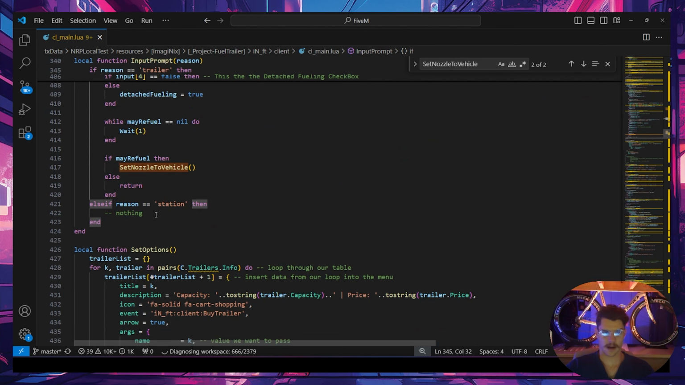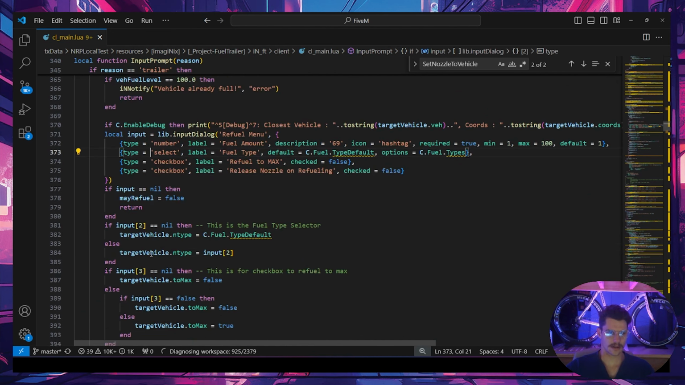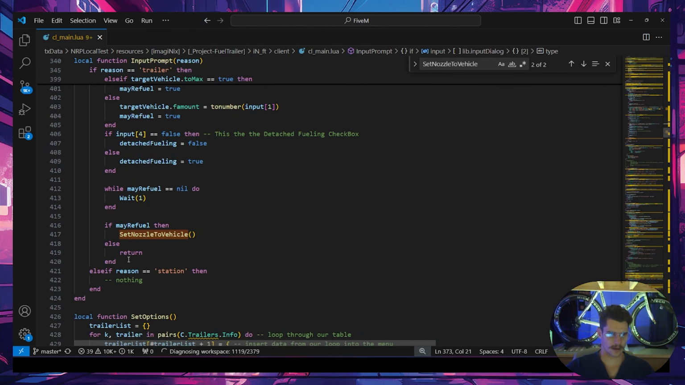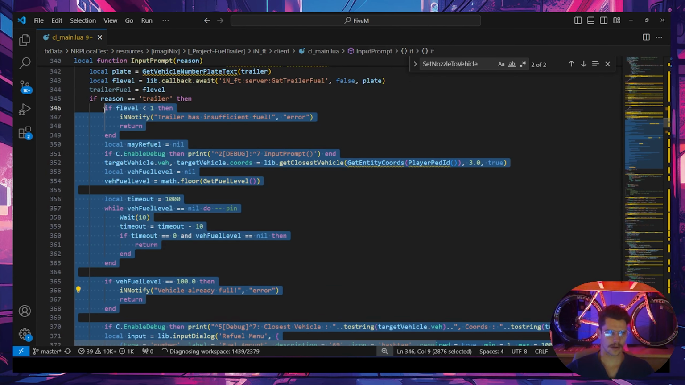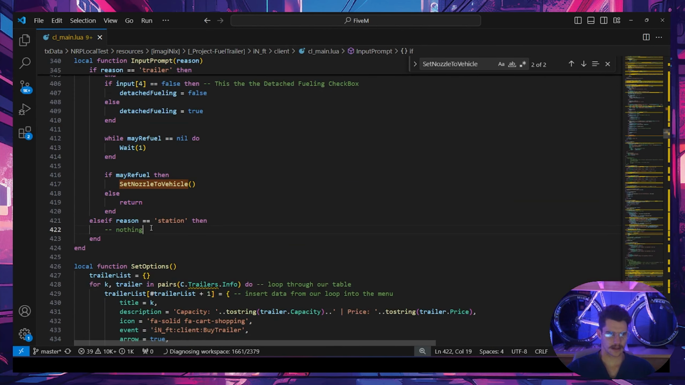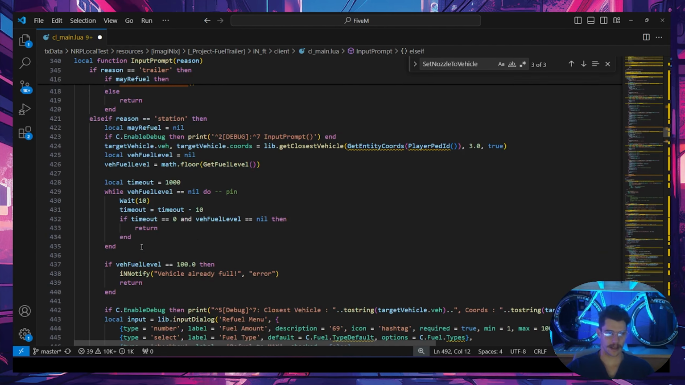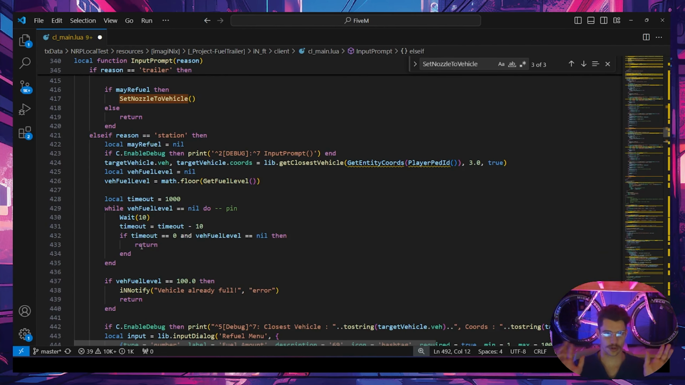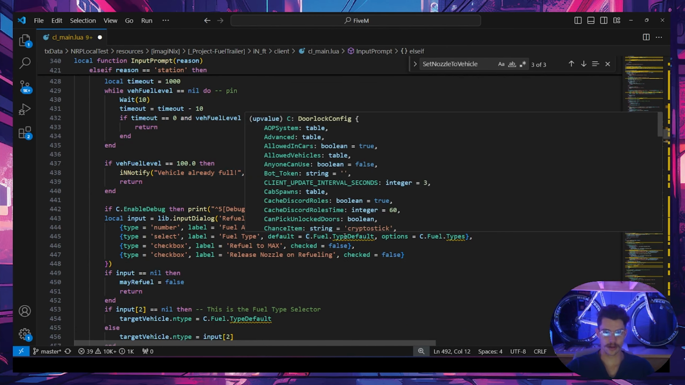Okay, this is becoming a really big function. Right, the reason I want to do that is for the following. I want to grab all of this logic and I want to duplicate it for the station. The reason for it being that we are refueling for two different reasons. So,